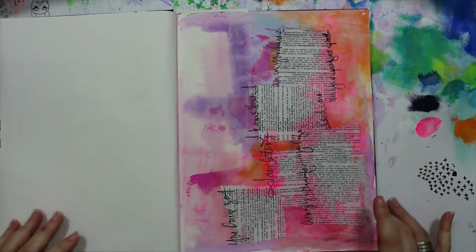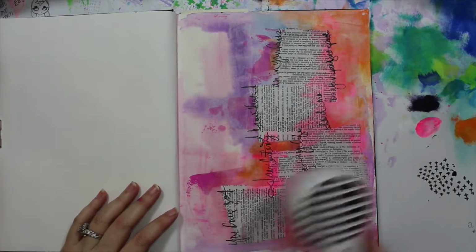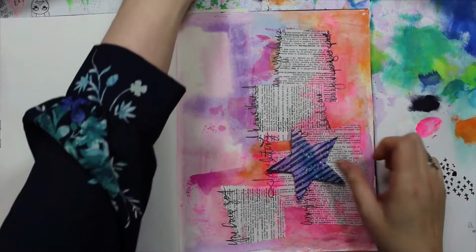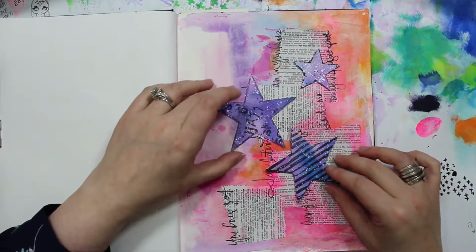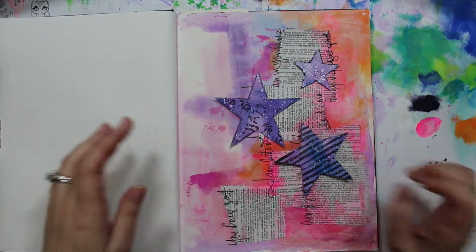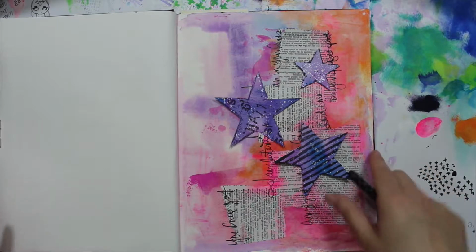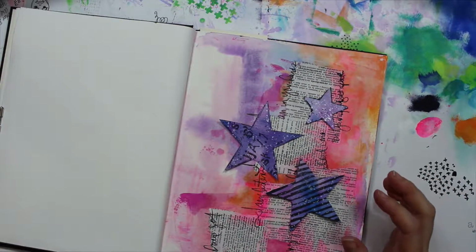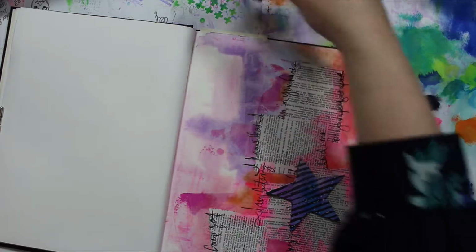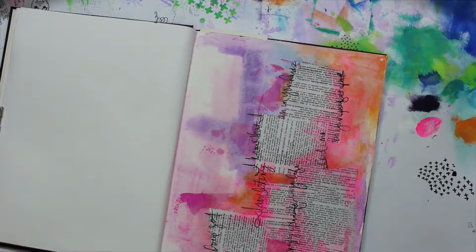Okay, not my favorite in my journaling, but I think that the texture behind the stars will be cool. Let's try it on again. It's just like trying on clothes. You just do it until you love it. Okay. I'm gonna grab a different pen. I think I know what my problem is. I'm gonna grab another pen and I'm going to journal smaller, thinner,